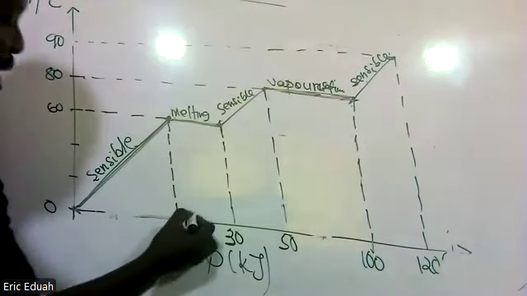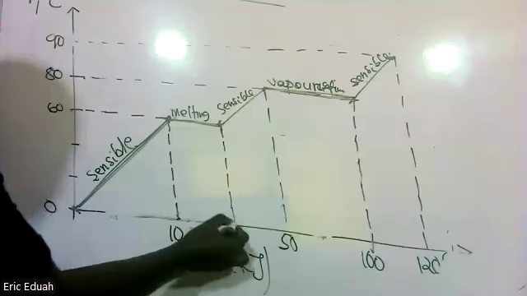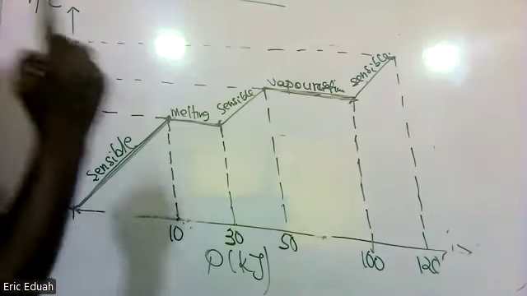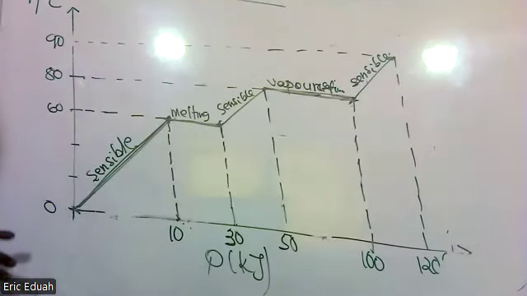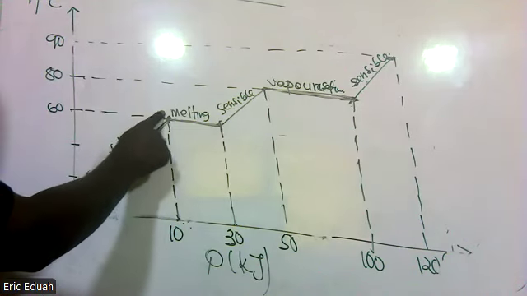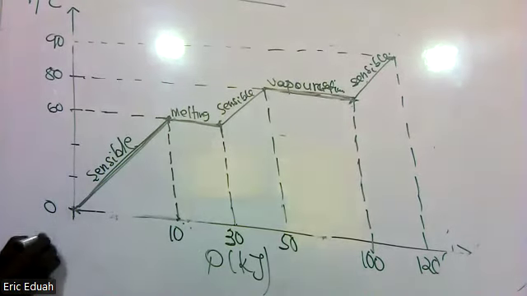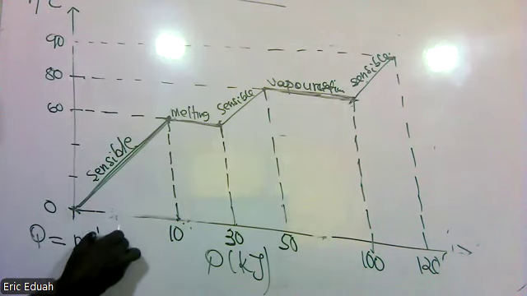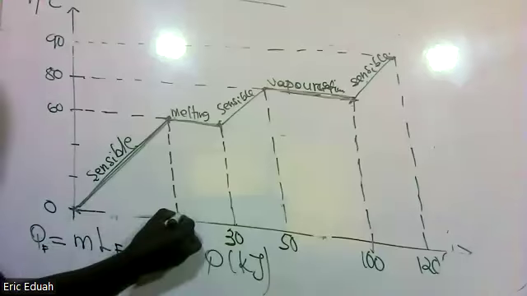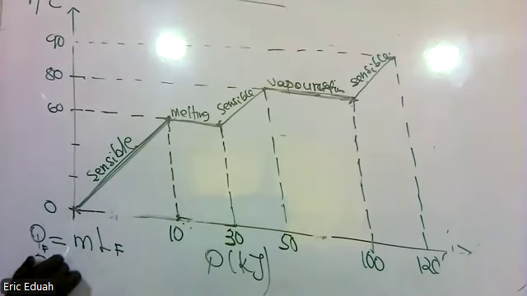So the quantity of heat energy required to do this is from 10 to 30. So the difference is 20. So it means that the quantity of heat energy that must be absorbed to change the state from solid to liquid must be 20 kilojoules. So Q being equal to M times LF. Quantity of heat energy used is 20 kilojoules. So 20 kilojoules is equal to